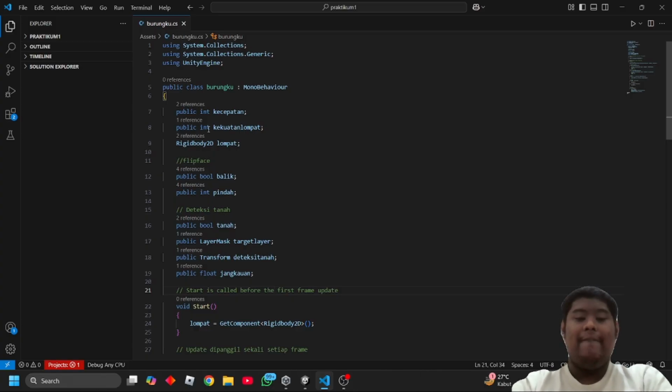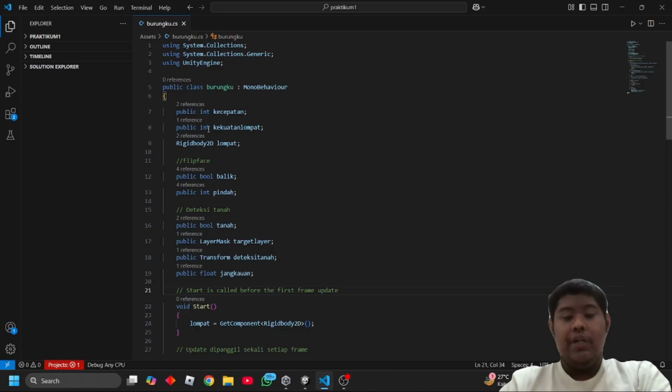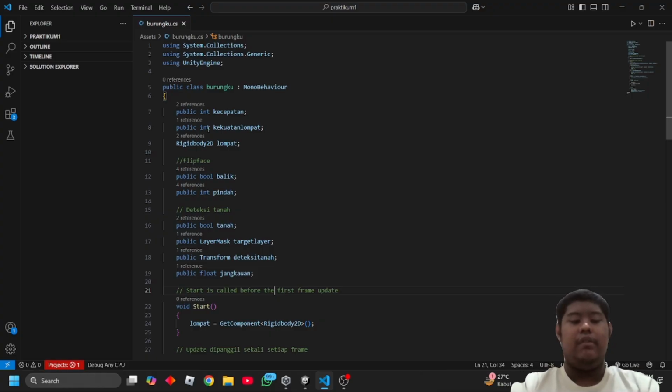Lines 7 to 9, we declare three variables: one for movement speed, one for jump force, and one to reference the Rigidbody2D component. It controls physical actions like jumping or falling.